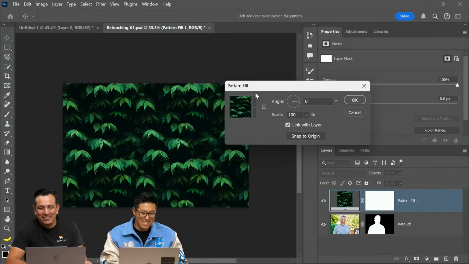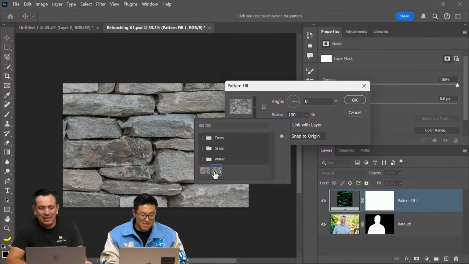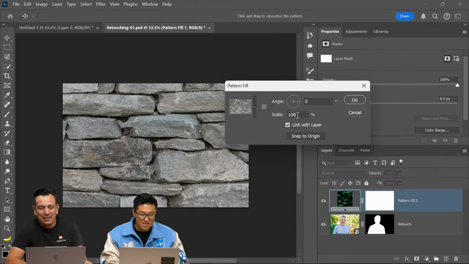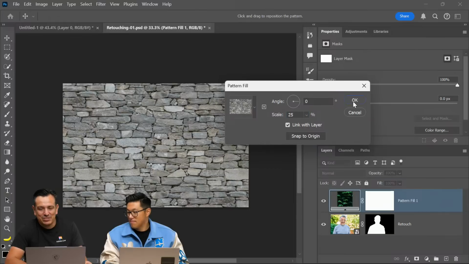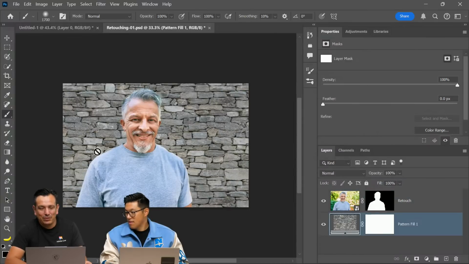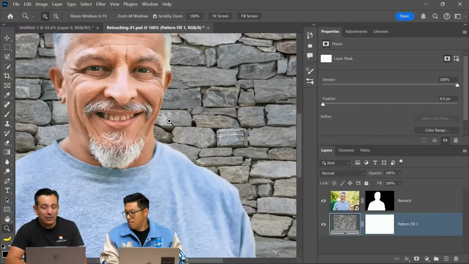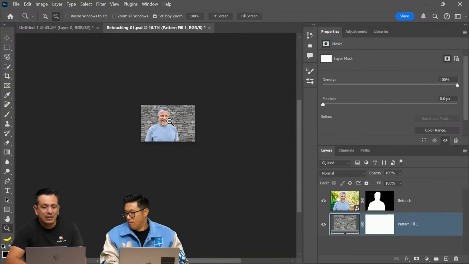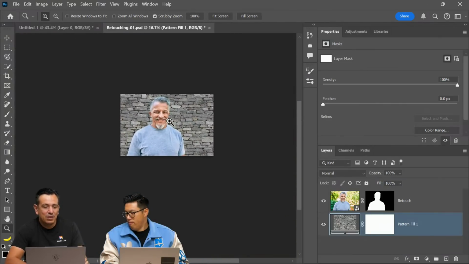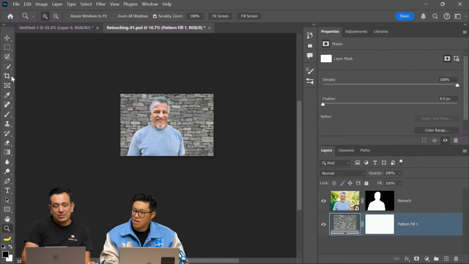I'm going to go into pattern, and then into that pattern we just made, and make it like 25% or something. I'm going to put him there. But the cool thing now is that if my client says, hey, this is great, this is the image, but now we need to make it wider because we need all these